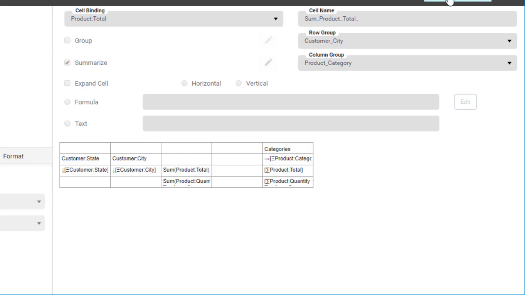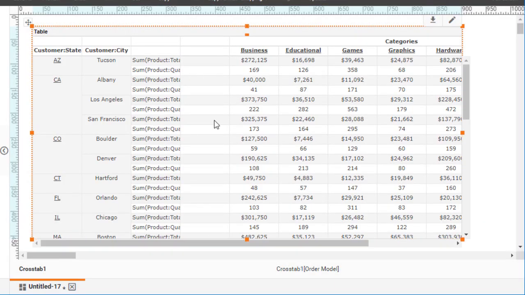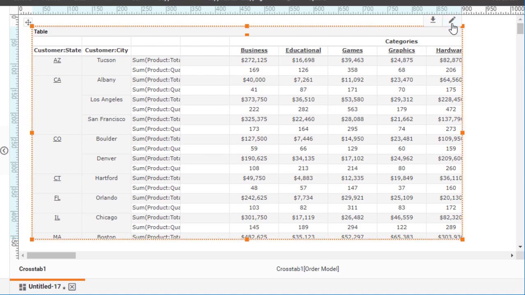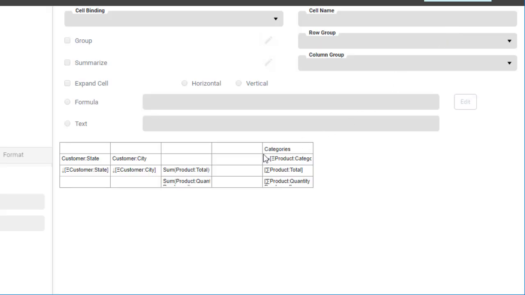If we leave it like this and press Finish Editing, this will have the effect of just inserting a single blank column to the left of all of the categories. That's not the intention. What we'd like is to have a column that expands along with the categories. And so if we return to the editor, we can make that happen